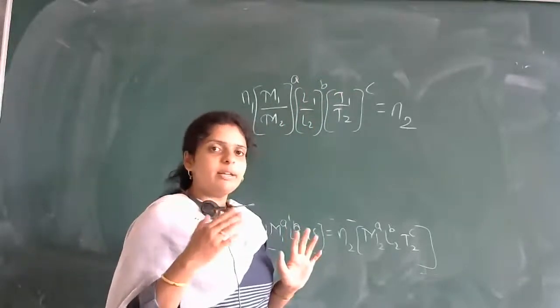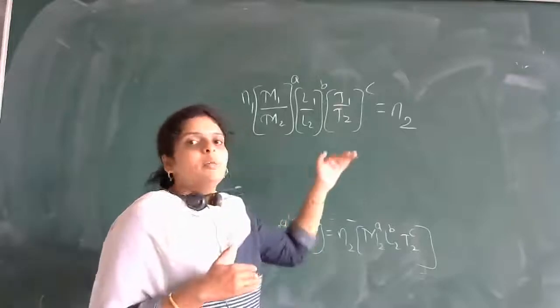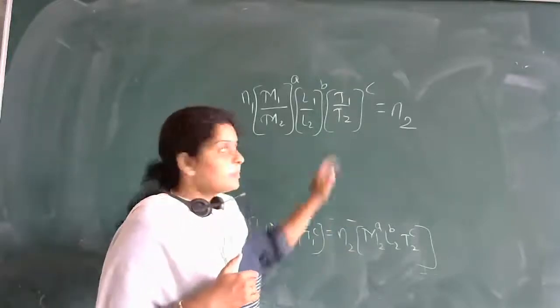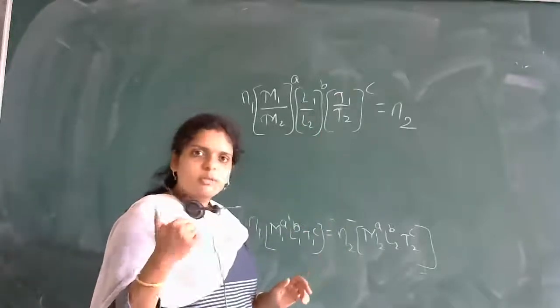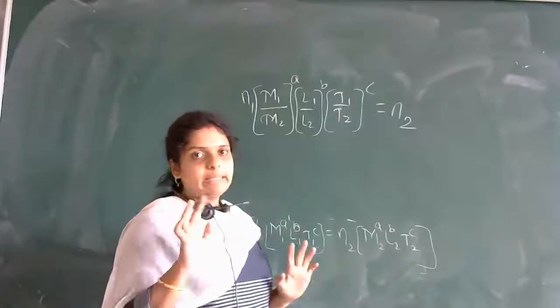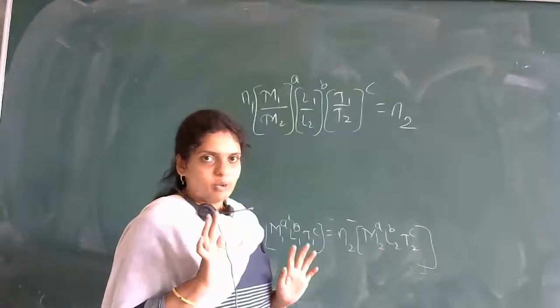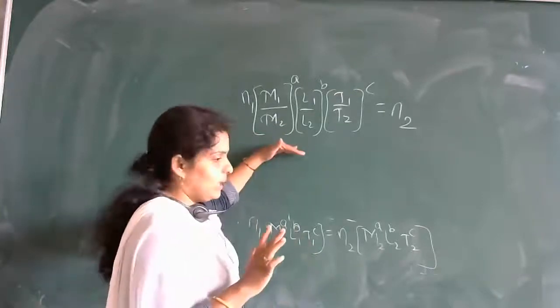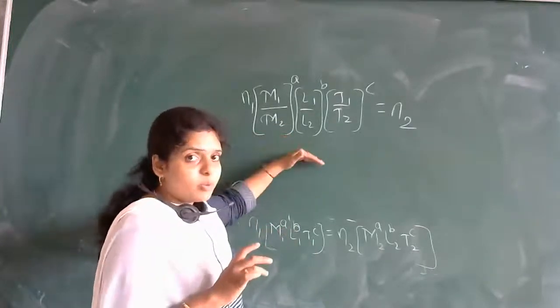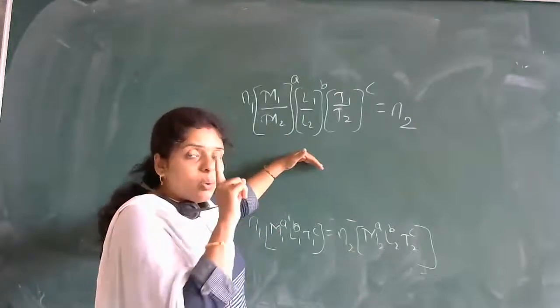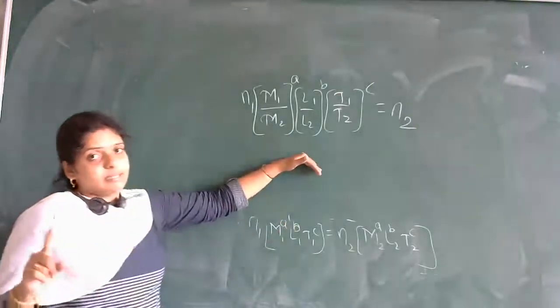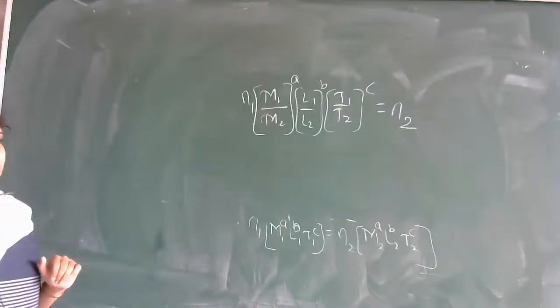Power a, b, c, it may be 0, it may be 1, it may be 10, anything it is. So whatever your a, b, c is, you will understand when you are taking the example. Your a, b, c takes value 0 also, 1 also, 10 also, anything it will take. It depends on the power. a, b, c is just a power here. So this is the formula. By using this formula, I convert one system into other system of the physical quantity force.